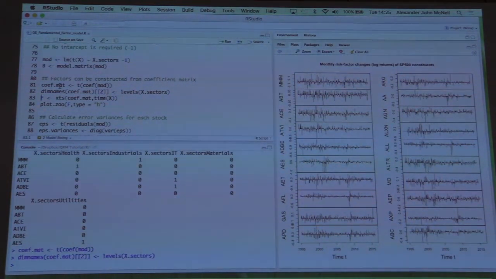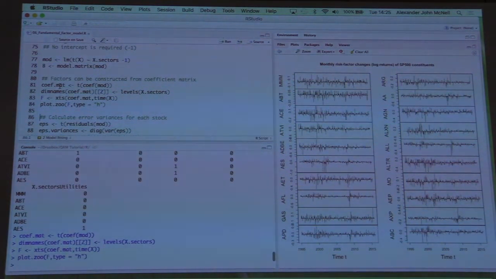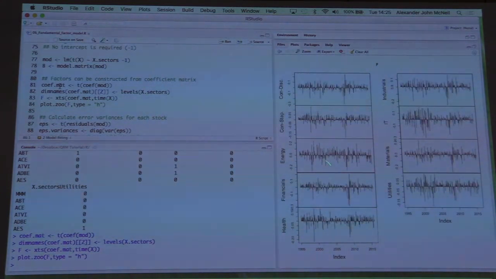What do these factors look like? So every day I've estimated a factor value, and I can now plot the time series of factors. So this is my constructed factor for consumer discretionary. This is my constructed factor consumer staples, IT, utilities, etc. So I build these factors, and